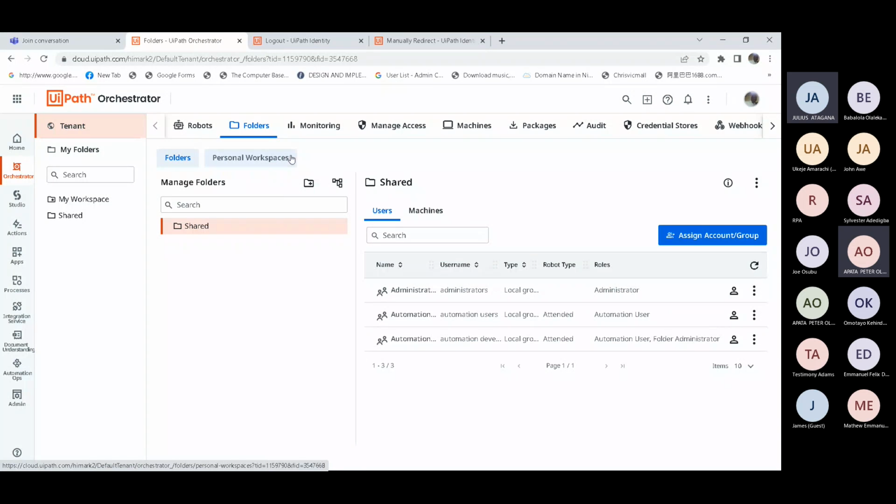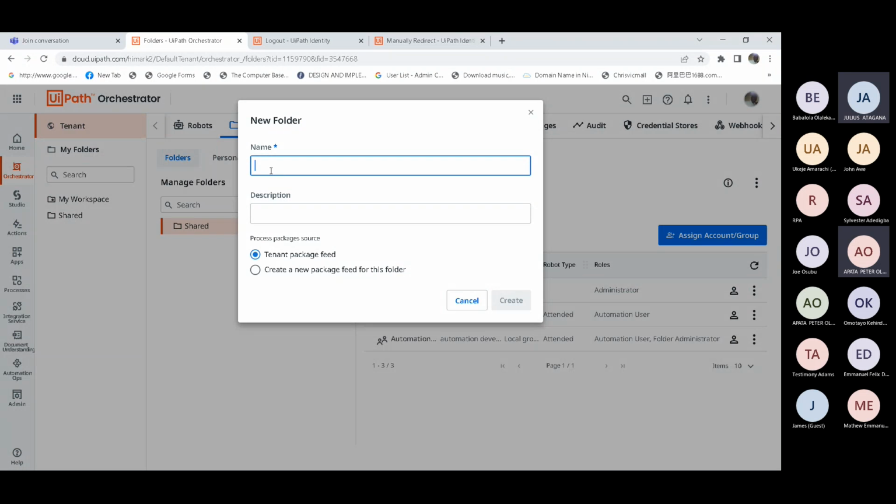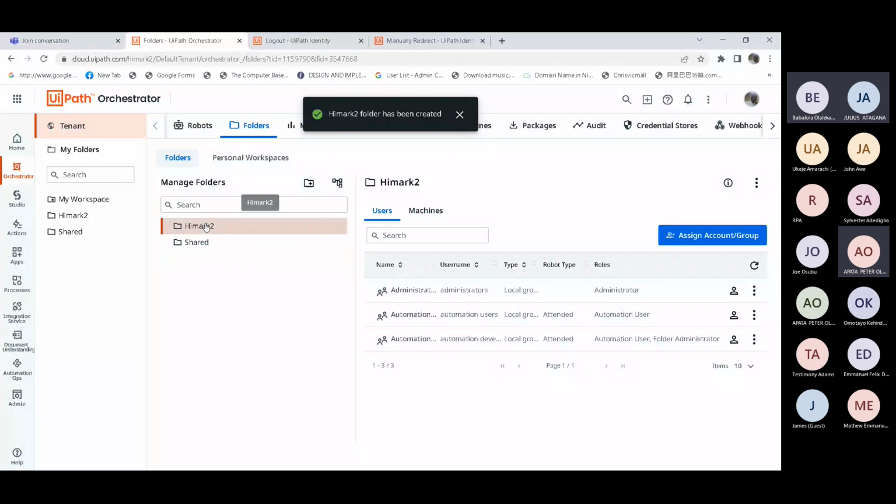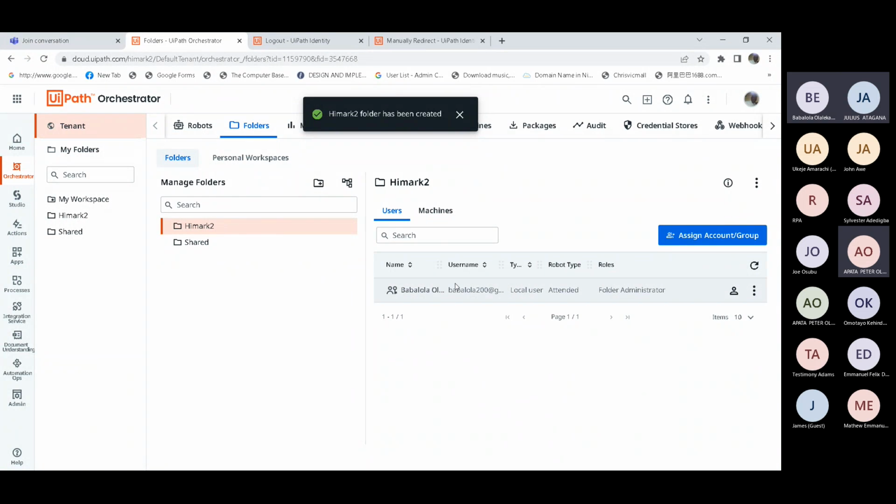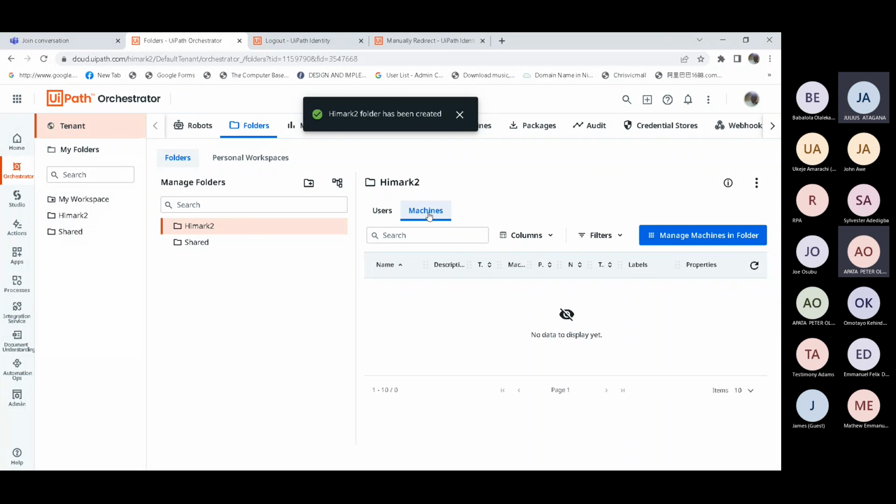Personal workspace, then downward a little. Good. Add folder. I just create, right? Yes. All right, so you can add machine now.